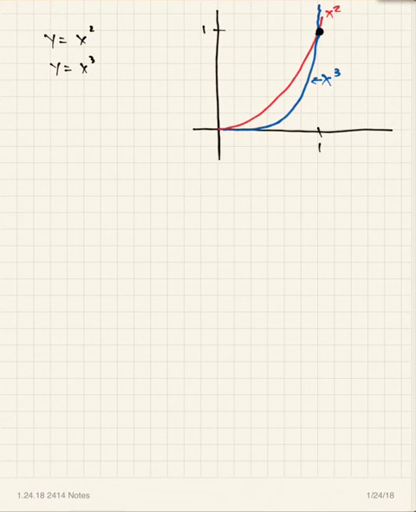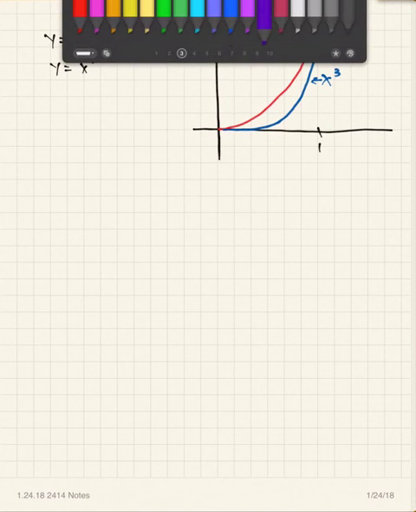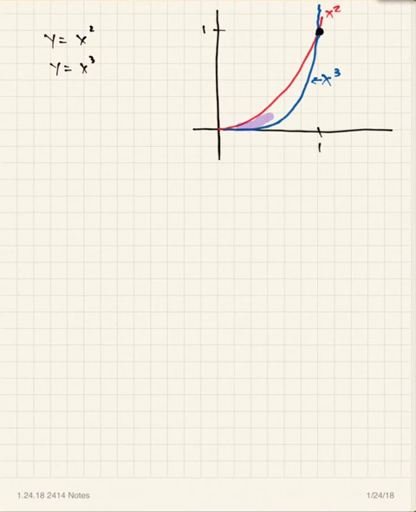And so what I want to do is take this region right in here, and I'm going to rotate this around the y-axis. So we're going to rotate around the y-axis. And I'll just use shell and disk with the same picture there. So with the shell,